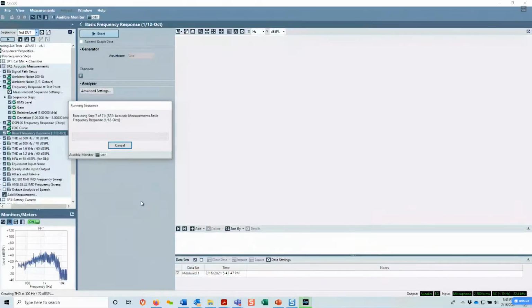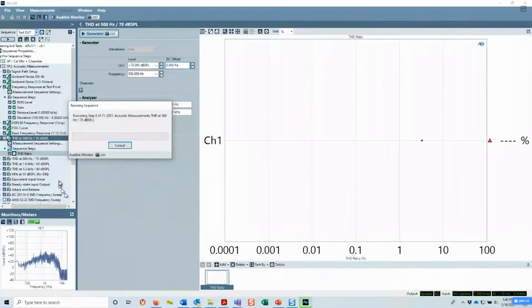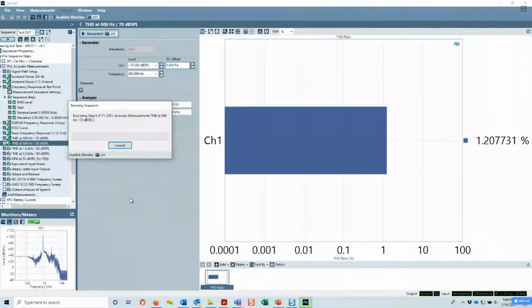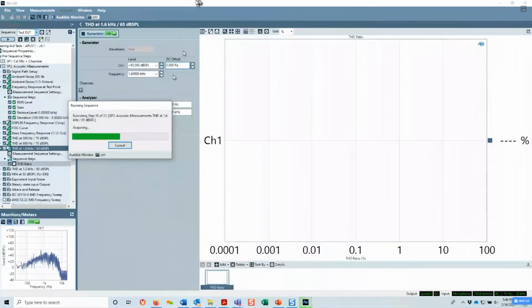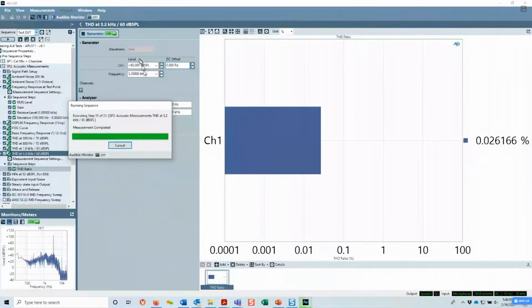Next we have the THD measurement, so first at 500 hertz, then 800 hertz, now 1.6 kilohertz, and at 3.2 kilohertz. Next, we measure the high frequency average dBSPL, then the equivalent input noise, then the steady state input output,